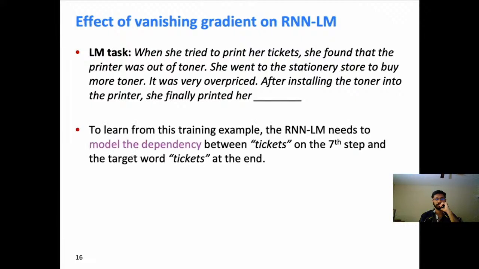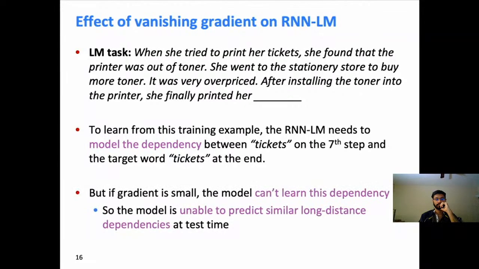So for an RNN language model to do well at this kind of example, then they need to learn from this kind of example in the training data. So if it saw this example in the training data, then the RNN language model would need to model the dependency, learn the connection between the appearance of the word tickets early on at the seventh step and the target word tickets at the end. But if we have the vanishing gradient problem, then these gradients of the last step